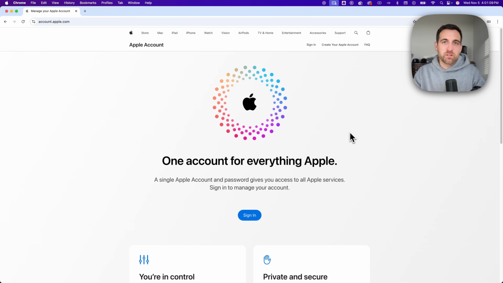Here's how to create an Apple ID. This could be your first Apple ID, or if you're creating multiple for other uses, you can create multiple in the same way. Now, there's a shortcut link in the description that will take you to this page. You can also go to